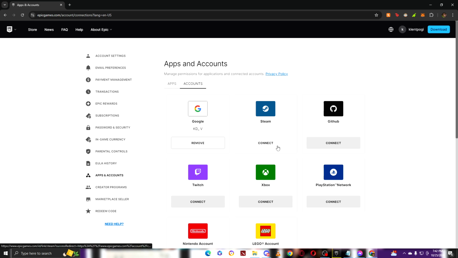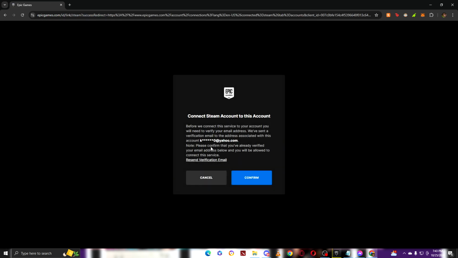The first thing you need to do is click on this Steam right here and click on connect. After clicking on that, you will need to receive an email. Once you receive the email, your Steam will now be connected to your Epic Games. So after we confirm that,